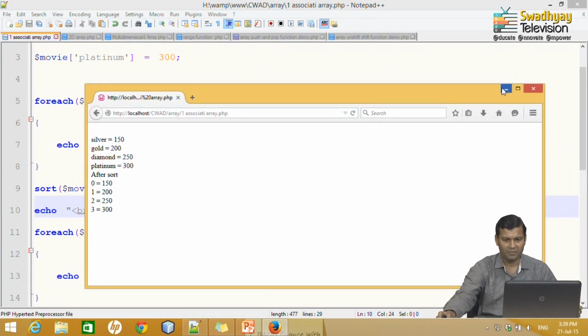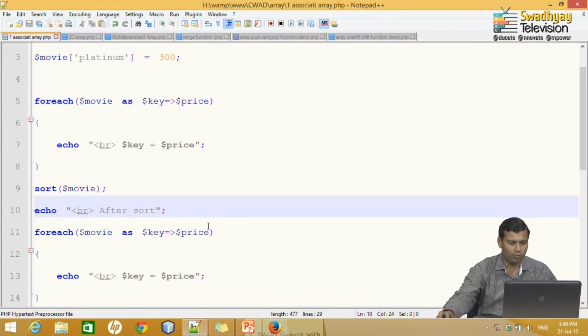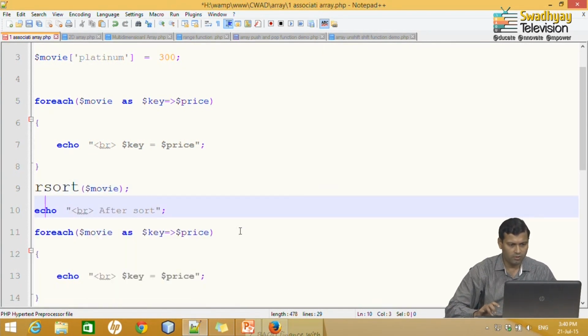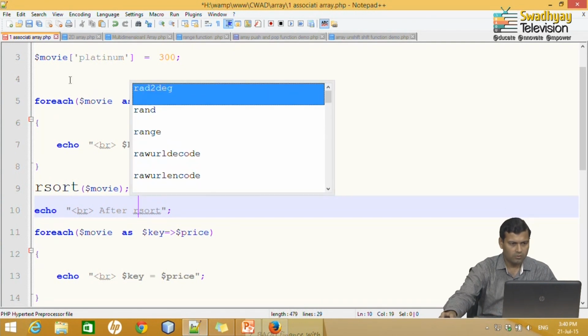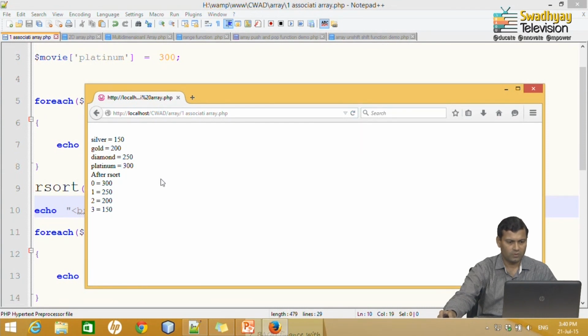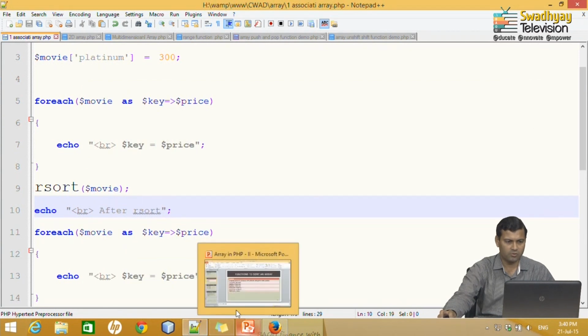We have an associative array. If we have a normal array, then there is no key or anything else, but as this is an associative array, it will be re-indexed, because 150, 200, 250 and 300 we have in the same order. If I use rsort, that means reverse order. So, that will reverse the values, just check it. So, look, again re-index, because 300 is now at index 0, then 250. So, this is rsort, means reverse order.